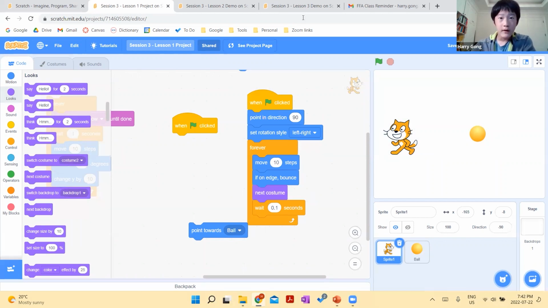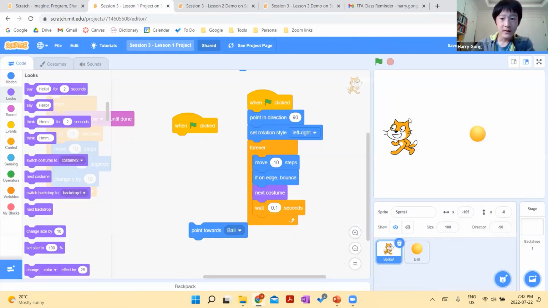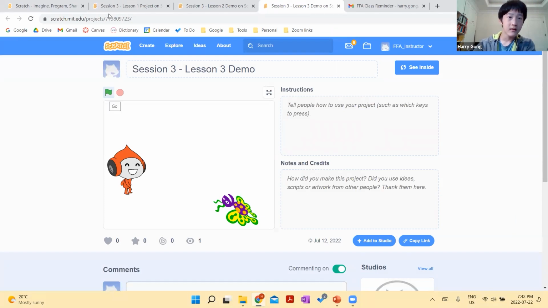So today, we're going to start a new project. Hopefully this will be a bit more interesting. Unlike the project we finished last week, our project this week is actually interactive, which means the code interacts with the user. The user can use the keyboard, for example, to give commands to one of the characters in the project, which in this case is a game. And the project responds. So if we click the green flag on here,